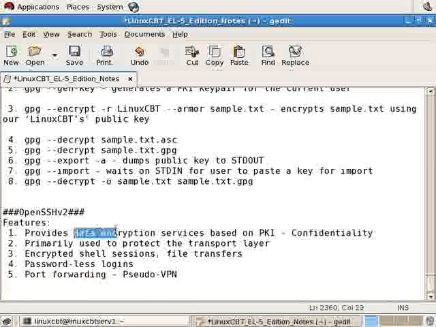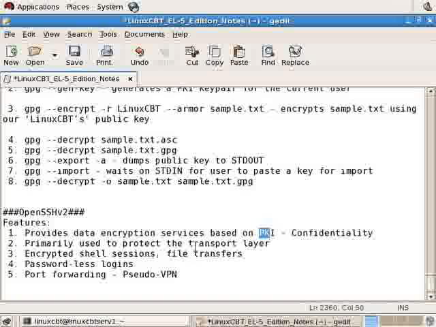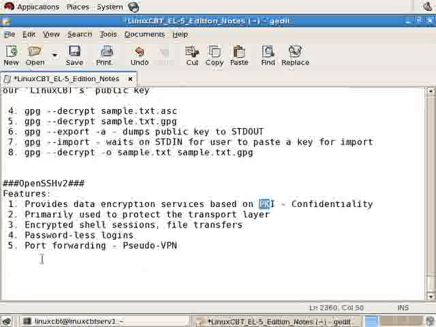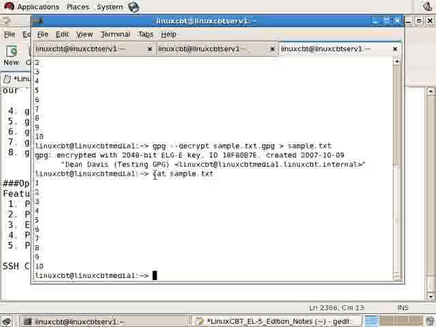The fact that data encryption services or confidentiality are based on PKI, which means unique public and private key pairs are used to protect sessions between communicating parties. We may also use SSH to transfer files between two communicating parties. Now with that said, there are a series of clients that we should look at briefly before moving on to the SSH server configuration, as most users, including root level users, will primarily interact with SSH using the SSH suite